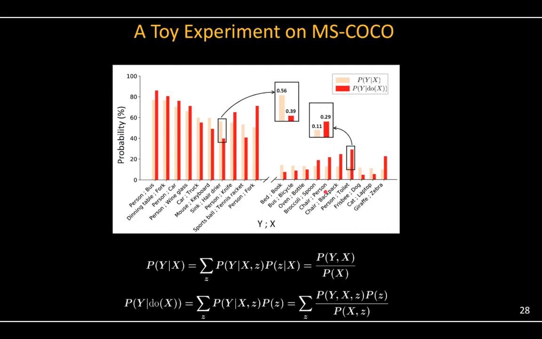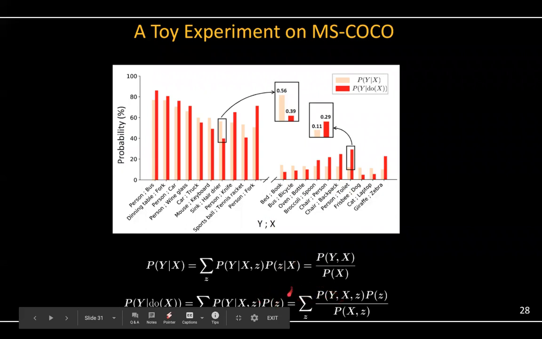That means if I want to know the real relation between Y and X, and I use the do calculus and adjust the conditional probability based on all other objects, and I find an image that, for example, if I adjust on bed, then I will say whether there's a figure which has person, toilet, and bed. If it is, then I know,